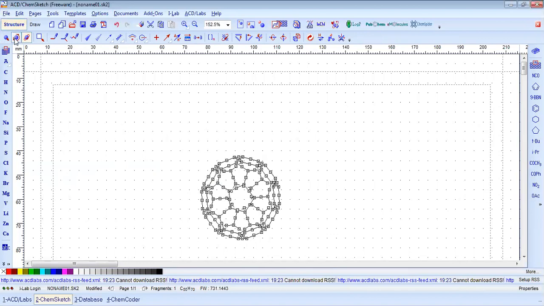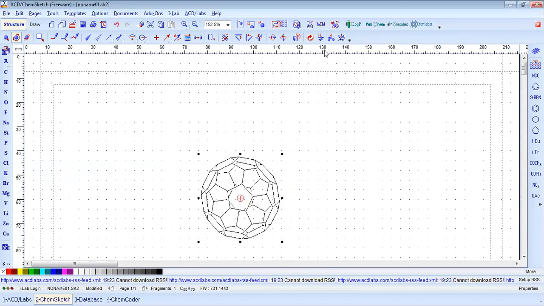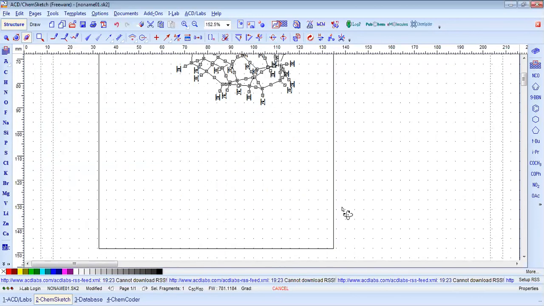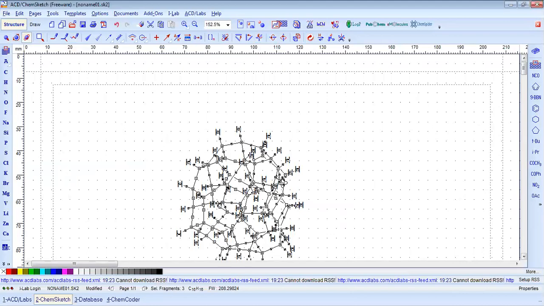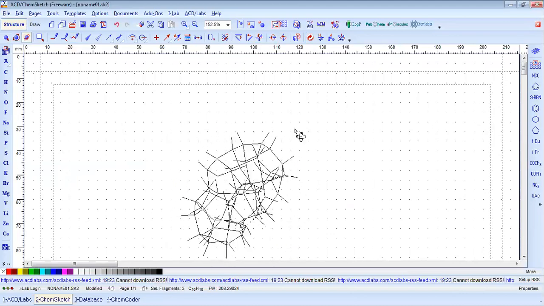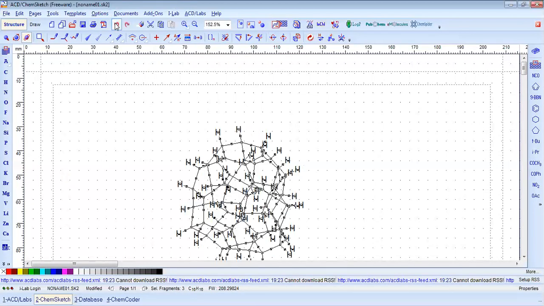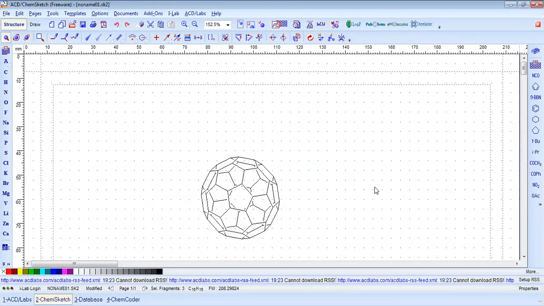You can use the second select and move. So now this is rotating, or you can take the option of 3D rotation. So selection and 3D rotation provide you complete rotation. So in this way, you can generate C60 or C70 or C20 or other structures. So there is a mechanism available with the ChemSketch software.